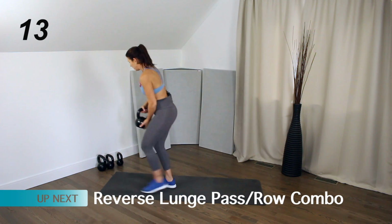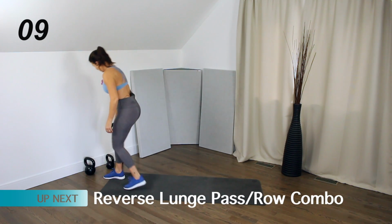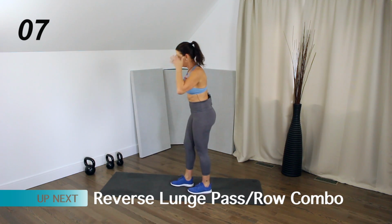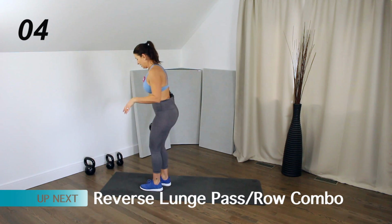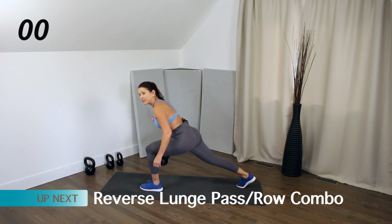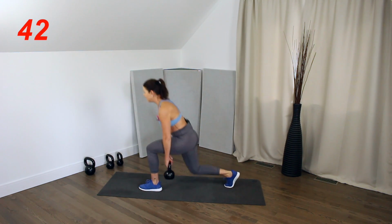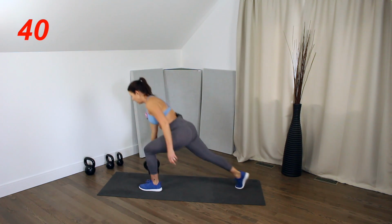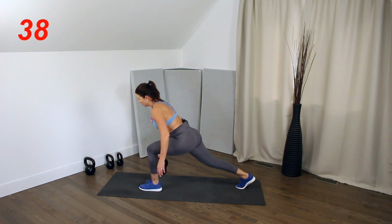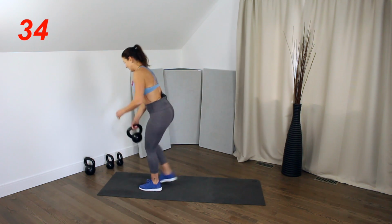Okay, I am going to step it down and pick up my 20 again. And it's just going to be a reverse lunge with a pass and then a reverse lunge with a row. I'm going to do all on one side. So pass, change hands, long lunge, row. Bent knee lunge, straight leg lunge,